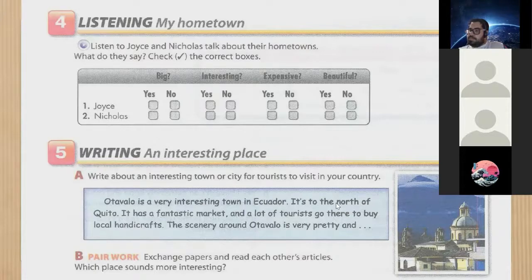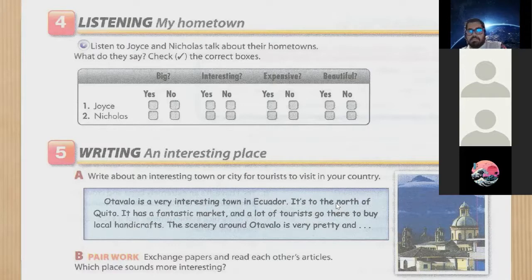1. So tell me about your hometown, Joyce. Well, it's a really small town. What's it like there? Oh, I think it's boring. Really? Why? Well, there's nothing to do. No good restaurants, no nightlife. Oh, that's too bad. But small towns are pretty inexpensive to live in. Well, yeah, it is really cheap. And lots of people love it there because it's very pretty. Yeah? Uh-huh. It has great scenery. Lots of mountains and rivers, lakes and trees. Well, I don't know, Joyce. It sounds like a great place.